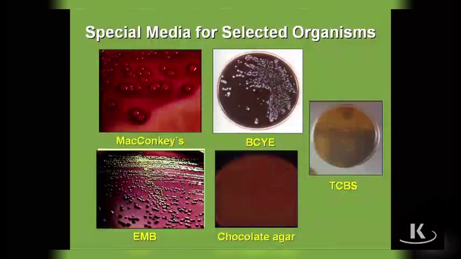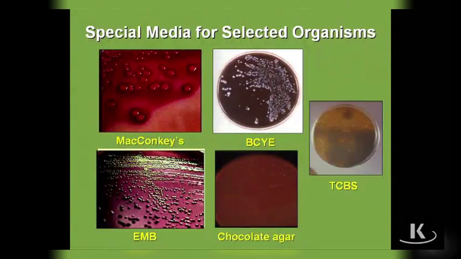So it definitely helps you determining the causative agent, all right? Chocolate agar, you're definitely going to see chocolate agar. That's really important for culture of the Neisseria, so Neisseria meningitidis and gonorrhea, as well as Haemophilus. So we're definitely going to come back to chocolate agar when we talk about those